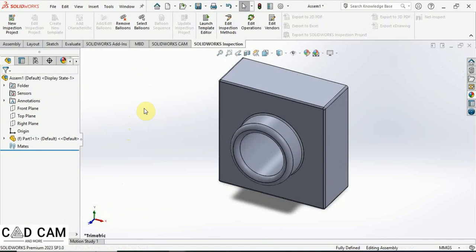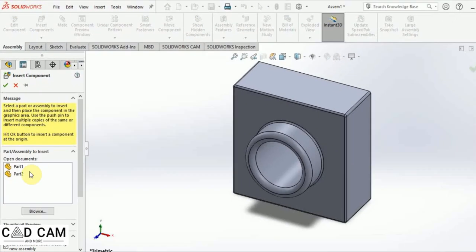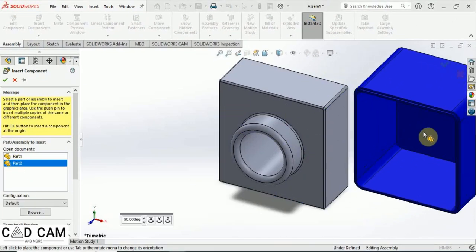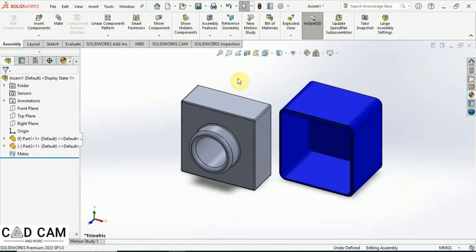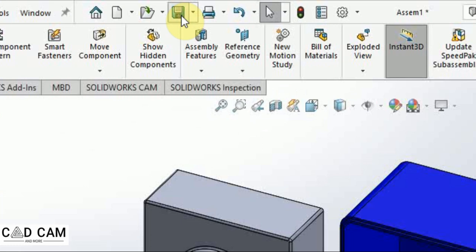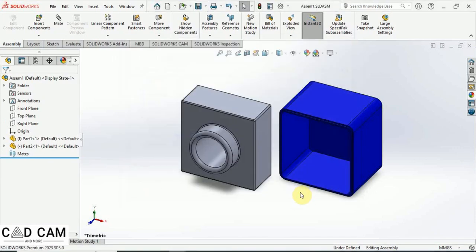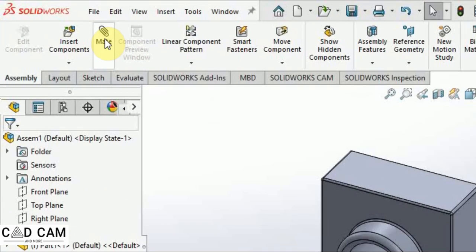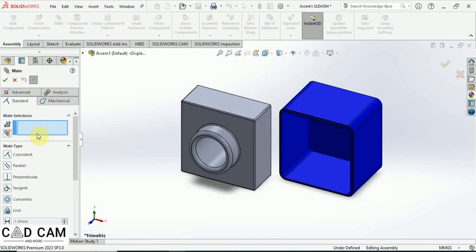Now go to the assembly toolbar and then click insert components to add part 2 to our assembly. Place part 2 by clicking in the graphic area just like part 1, and remember to save your work. After saving our work, we are going to define some assembly mating relations between components, making components align and fit together. So in the assembly toolbar, select the mate tool, and in the property manager of the tool, under mate selections,